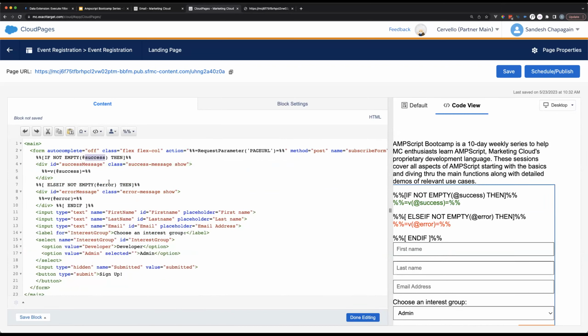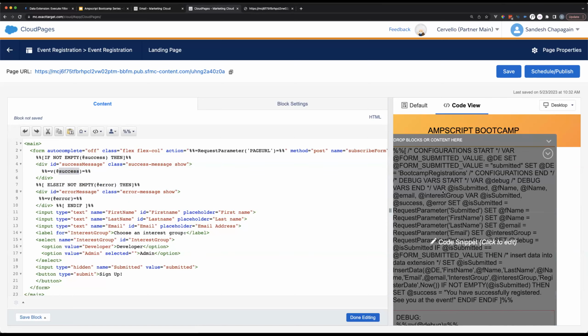So if success, the variable that we just set, is not empty, then we want to show this success message. Again, using that v, displaying the success message inside a div, right? And the same deal with error. If we somehow notice an error, somehow we set it, then we also want to display an error message block. But we're not really concerned with that for now. Let's just focus on the success part.